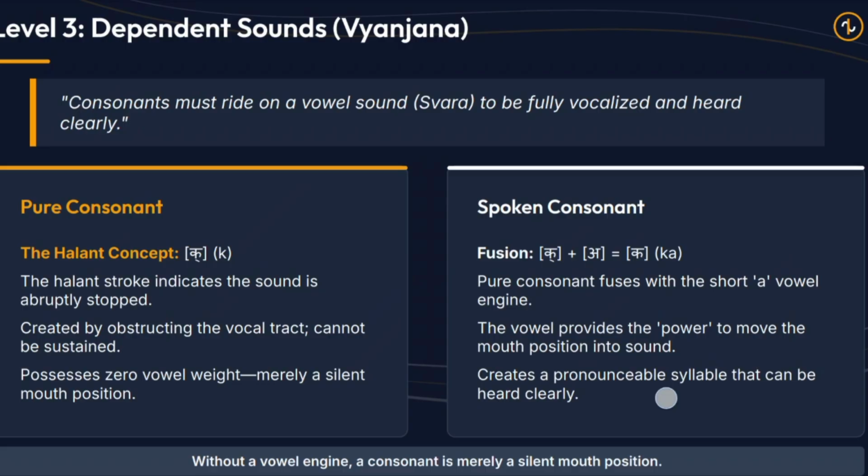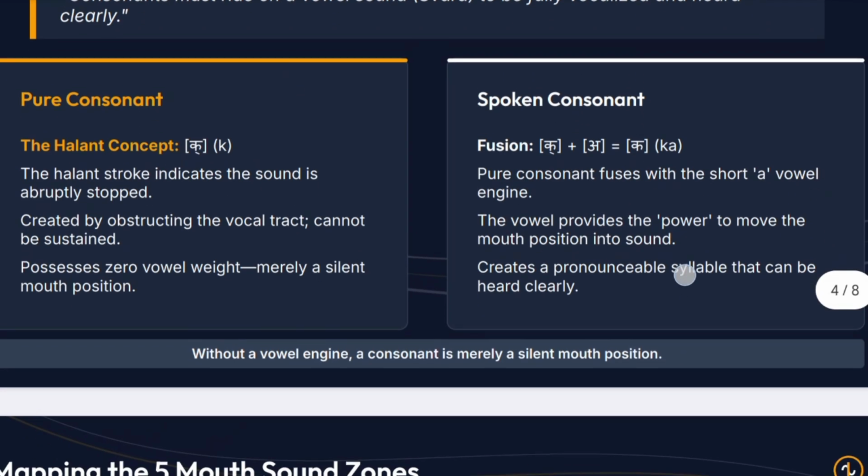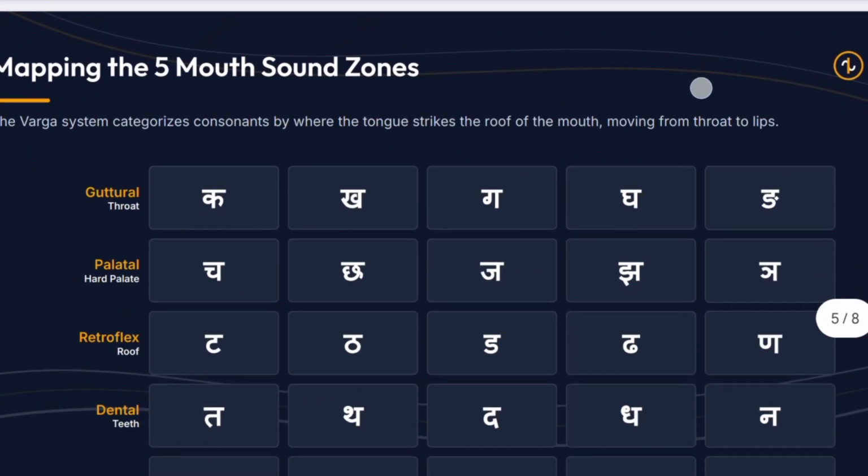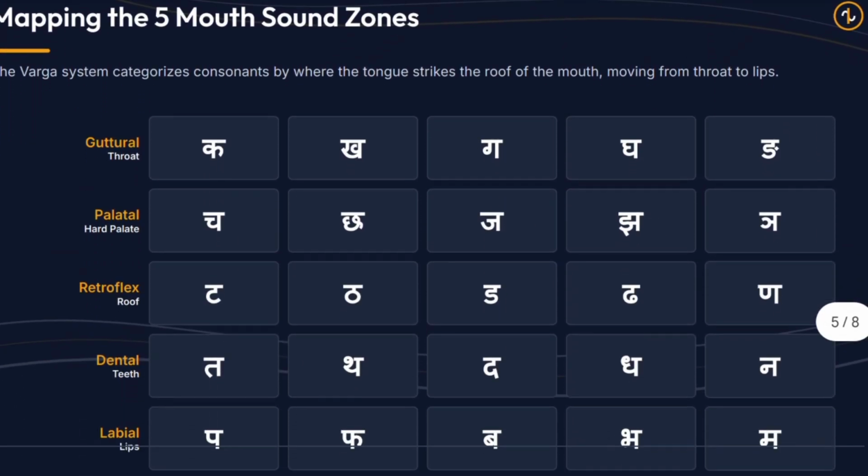Sanskrit organizes its primary consonants into five different physical zones based on tongue position. Without a vowel engine, the consonant is merely a silent mouth position. So they are mapping consonants, that is vyanjanas, into five mouth sound zones. The Varga system categorizes consonants by where the tongue strikes the roof of the mouth, moving from the throat to